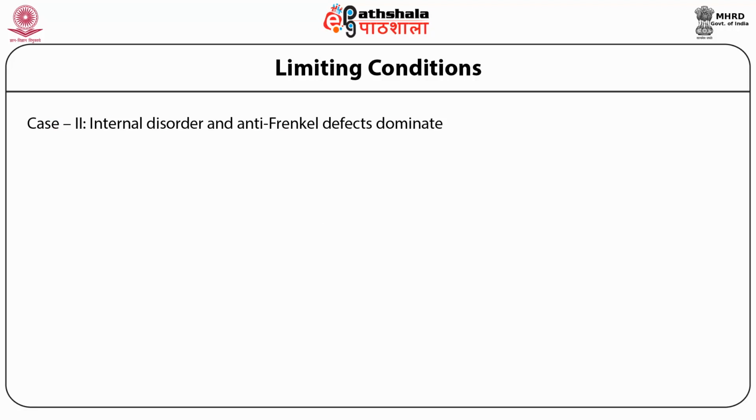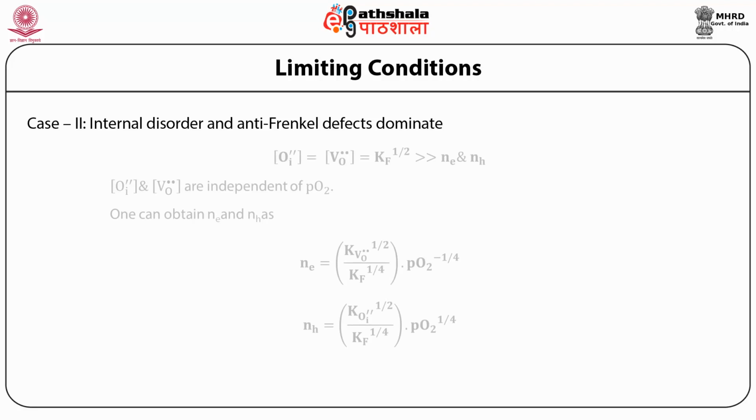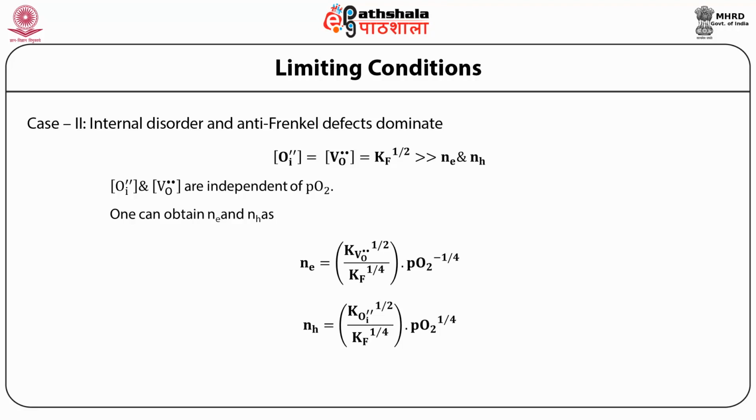Now the second case under stoichiometric condition for the intermediate partial pressure is internal disorder and anti-Frenkel defects, which dominates. So here the reaction is: the concentration of OI double prime is equal to VO double dot, which is equal to Kf to the power 1 by 2, which is found to be very much greater than Ne and NH. Since the concentrations of OI and VO double dot are independent of partial pressure of oxygen, using the previous equations for Ne and NH, we get